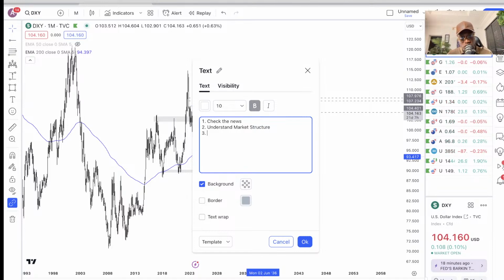So you want to understand what the market is doing. Are we trying to see a continuous trend, or are we trying to see a reversal? Or is the market just ranging? The understanding of market structure also includes identifying areas of supply and demand, which I like to do on the higher time frames before I go down to the lower time frames, because the higher time frames give me an overall view of the market, what is going on on a larger or bigger scale.